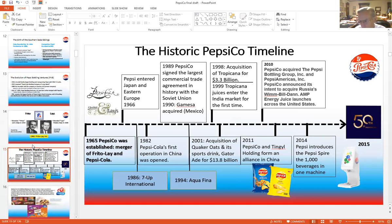Most recently, PepsiCo has introduced this rather amazing beverage dispensing machine. Have you seen it? It can combine flavors in all sorts of ways. Apparently, it can produce over 1,000 different mixes of flavors, depending upon what interests you. So that just gives you an idea of the history. There's frankly a lot left off this timeline, but I think you kind of get the idea